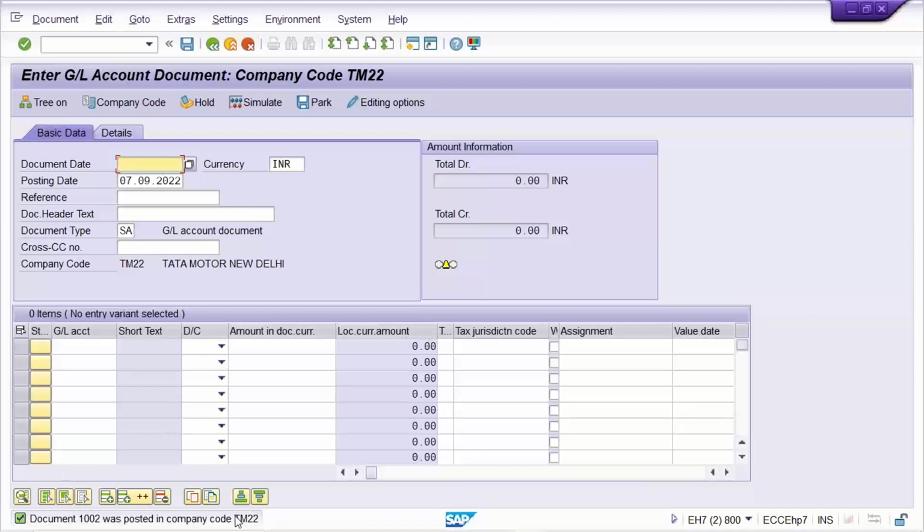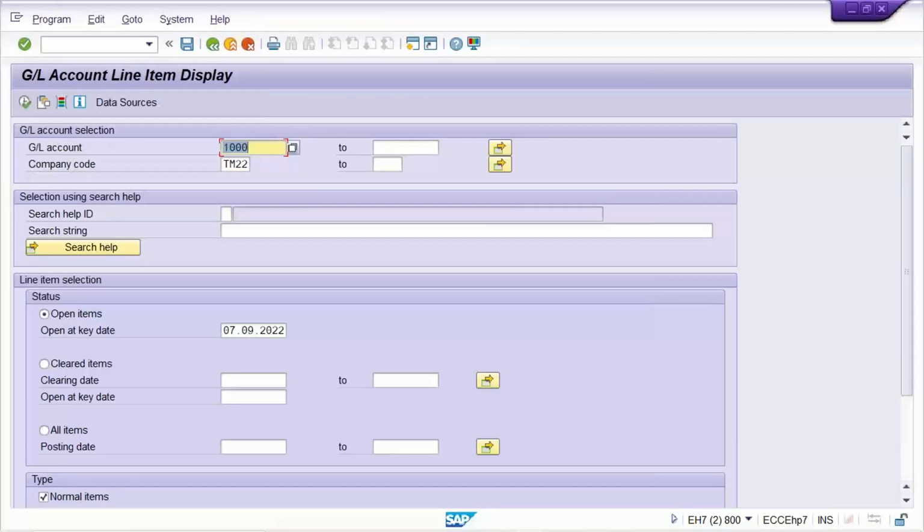Look at here, a document got generated. Okay, now let's suppose 1002. Now you just go to FTL3N, and this is the bank account. It's okay. You just